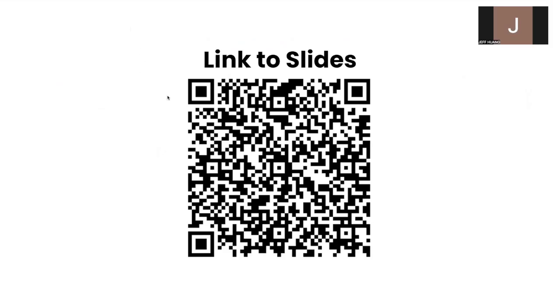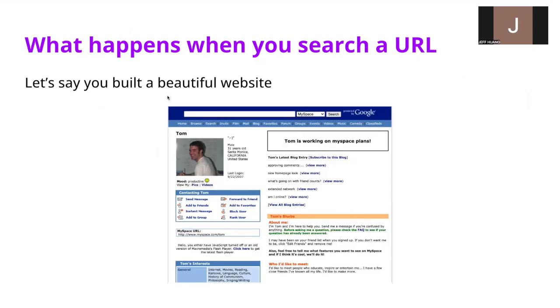Okay, so let's move on to the content. What happens when you search a URL? You're given a website just like this, and this is formatted HTML and CSS, but as you can tell, it's probably really old and does not have a lot of features. This is probably a basic version of a website, and there's many more fancy ways you can change this website.